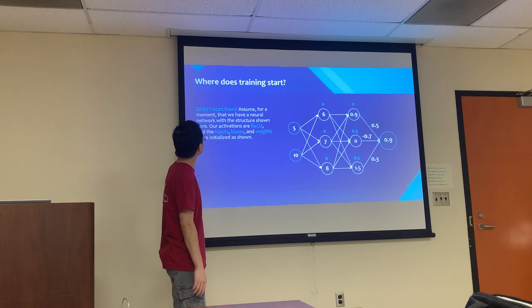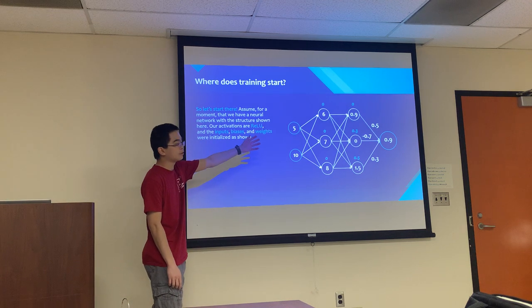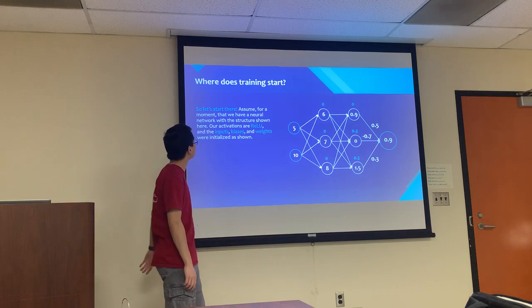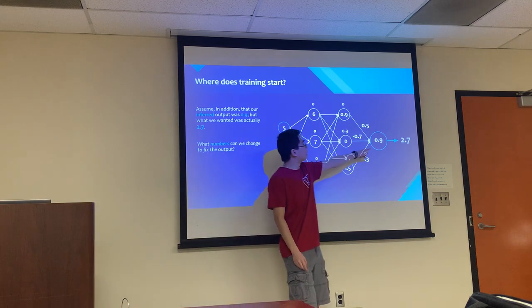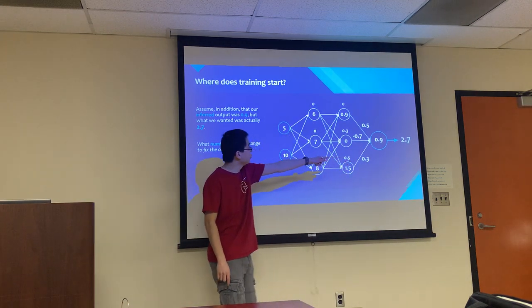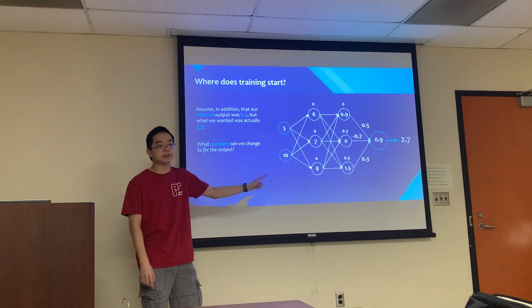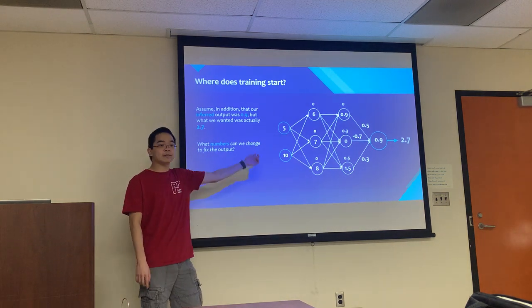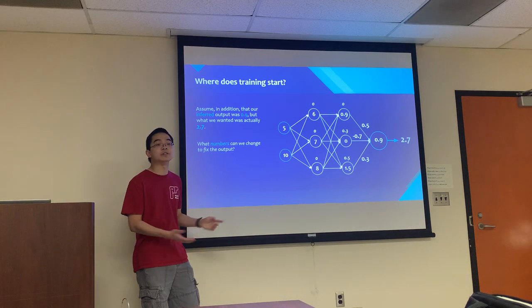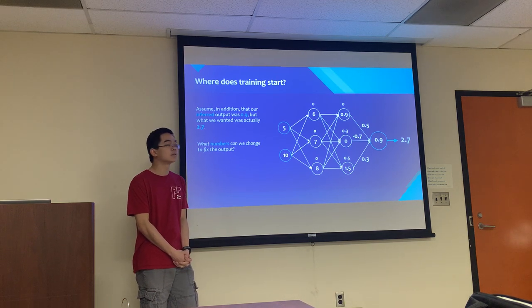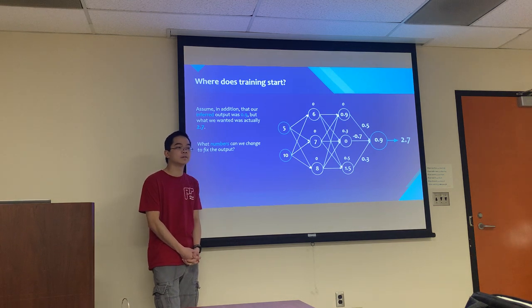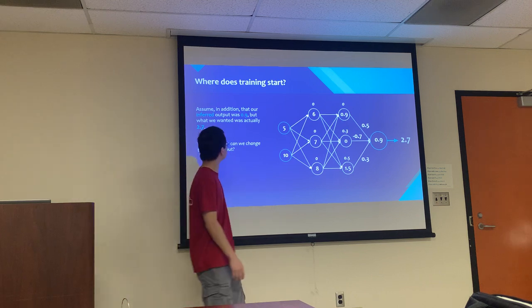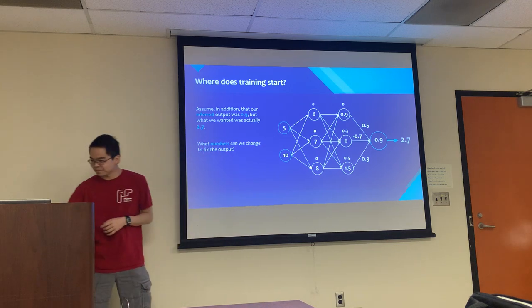So let's just talk about this example real quick, right? Let's say that our neural network looked like this, including all the outputs and neurons and stuff like that. Let's say that we inferred 0.9, but then the true value of what we were training on was actually 2.7. So we want to get to 2.7. What can we change in this network to get closer to 2.7? Like what values are we tuning pretty much? The weights and biases? Yeah. So it's pretty much the only things we can change, right?